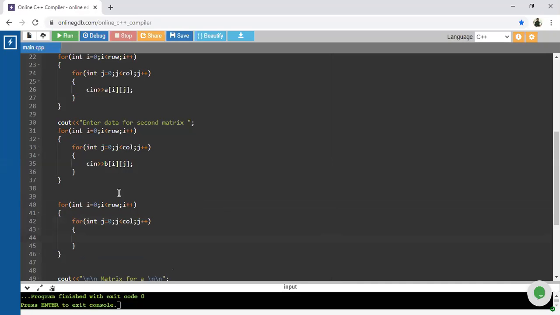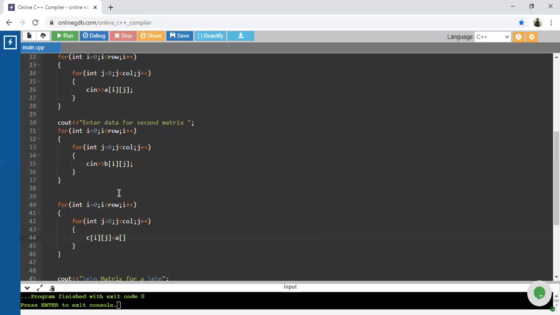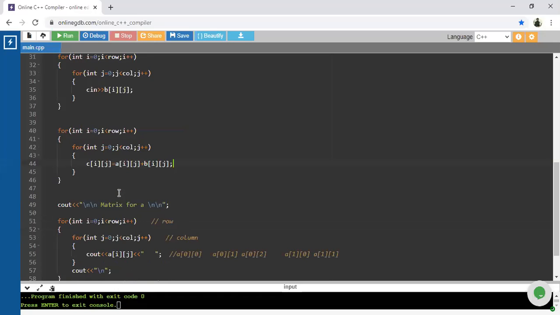Now perform the addition. We have to store the result inside C of i j: C of i j is equal to A of i j plus B of i j. So in this manner, each and every block is going to be added and stored inside the third, meaning the C array. Clear about this?